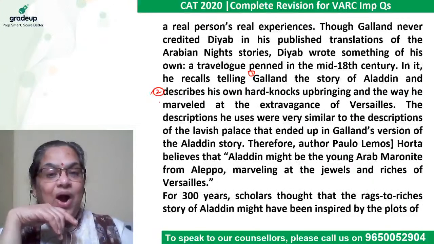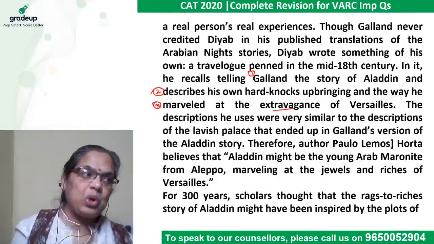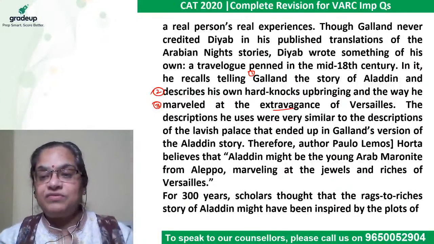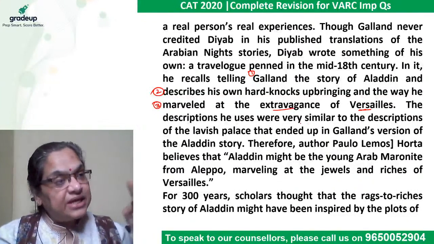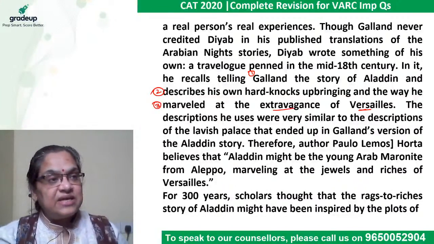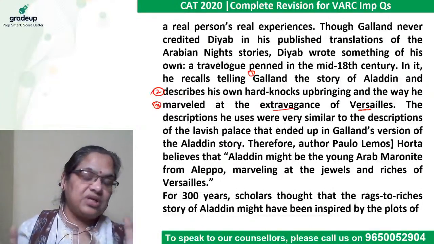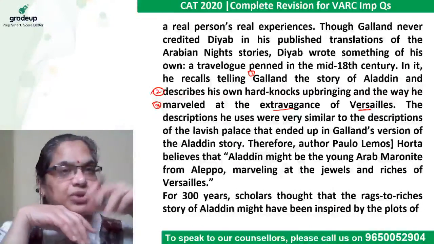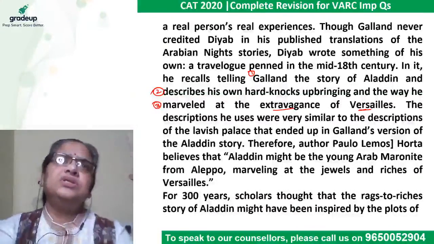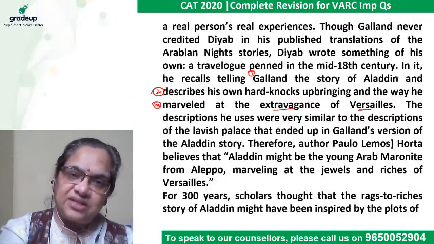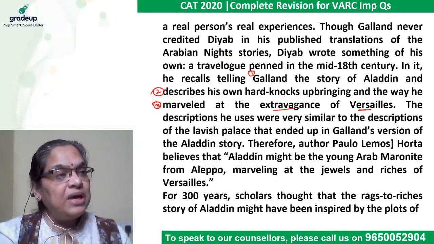And third, how he marveled, how he was fascinated by the extravagance, by the show of money, by the opulence of the place Versailles in France. The descriptions that he uses to describe Versailles are similar to the description of the palace that Galland used in the Aladdin story. So Diab here in his travelogue is describing the opulence of Versailles, saying such a beautiful place, such a beautiful palace, it had this. The description he wrote in his travelogue is identical to the description that Galland gives in